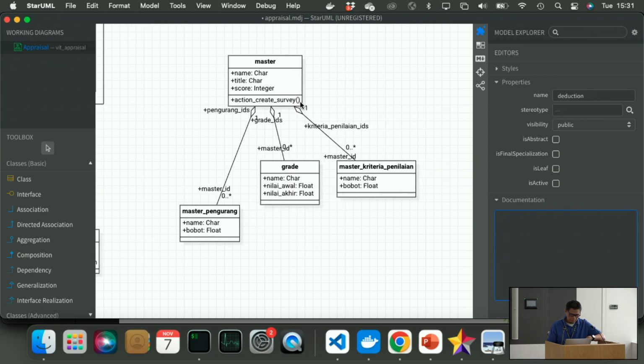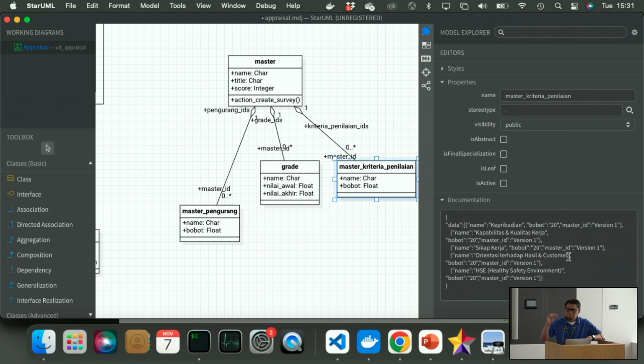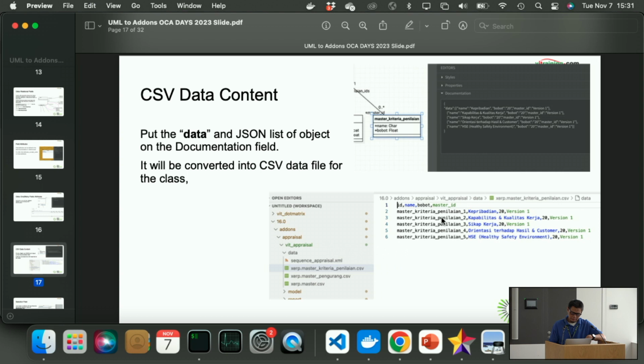For example, this evaluation criteria is actually a list of selection that is by default inserted to the table, and then later we can put more data inside that. But when we install the add-on, this master data is automatically inserted, and then it will be converted to CSV files like this. Okay,